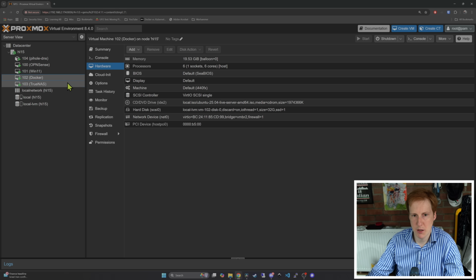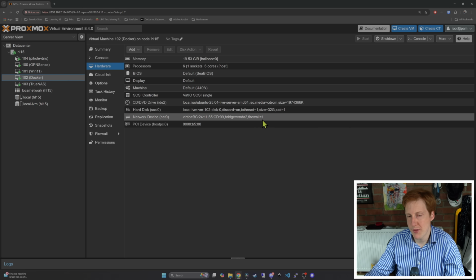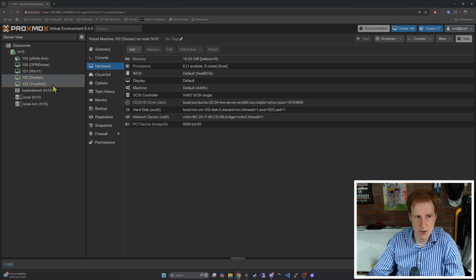For the Docker VM, I've given it plenty of RAM, and I've also put that on the 10 gig NIC as well, so that basically all of the services I'm going to run on here can run at 10 gig speeds. Lastly, I've got TrueNAS, and this is where we start to see some pass-through. So on this one, again, I've given it the 10 gig NIC, but here you can start to see really